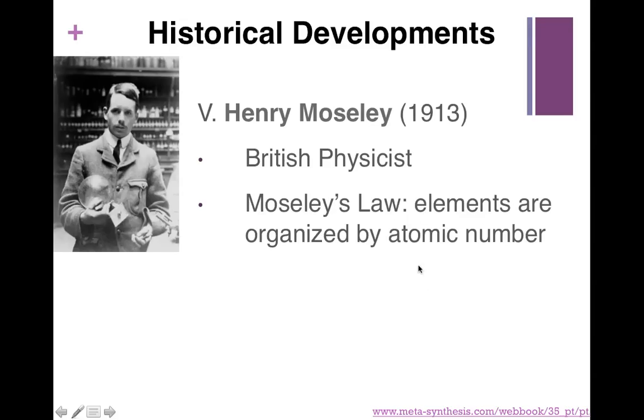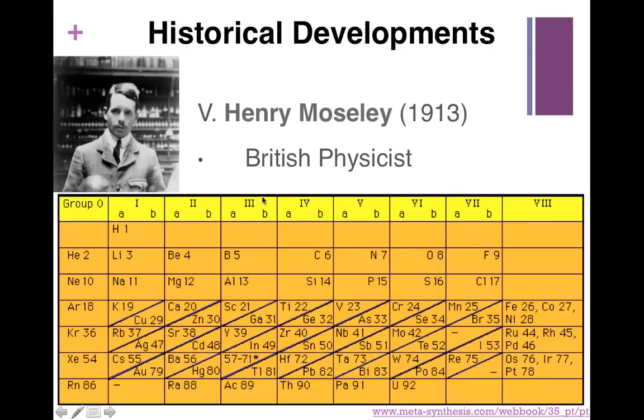but by atomic number, which remember is the number of protons. And so that really took off, because then what he found, like down here, is that it provided a space for all the elements, even the gaps that Mendeleev had. And so this is an example of what his looks like. Still a little bit different. Obviously, we've